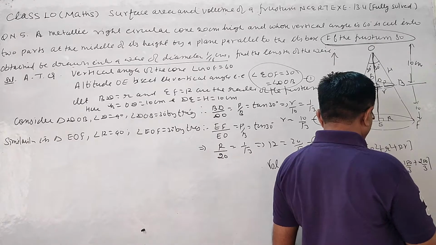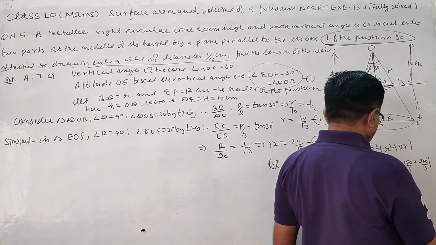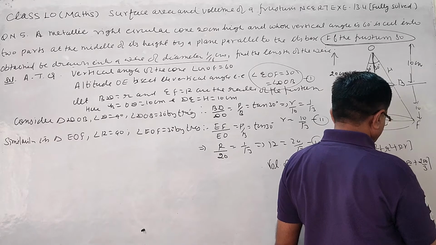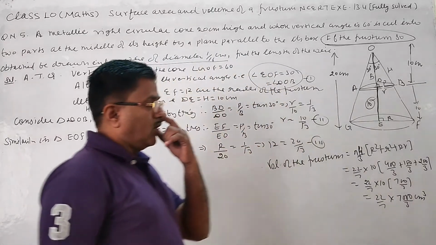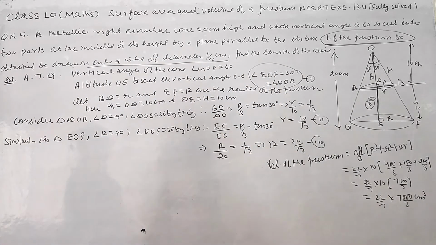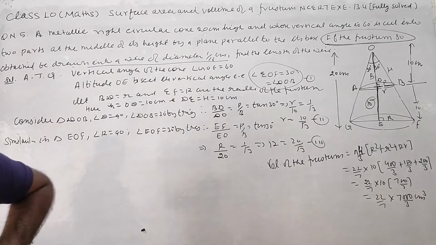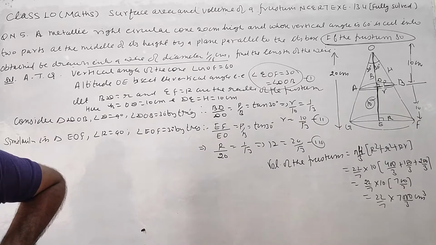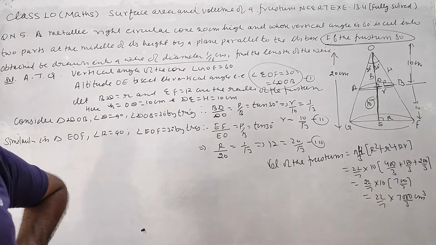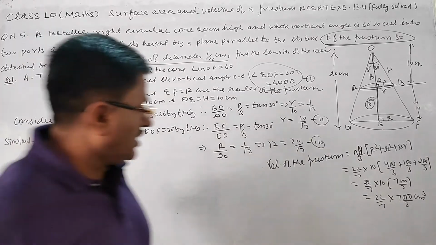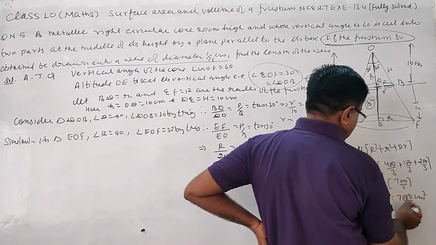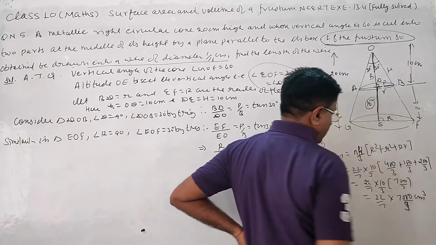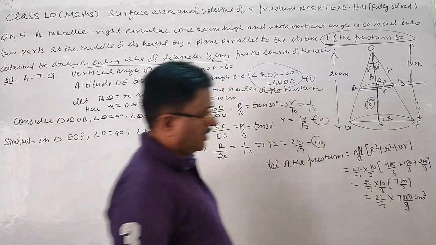So finally what we get is 22 by 7 into 7000 by 9. This is in cubic centimeters; this is the volume. Now this volume we have to convert into the wire. Clear? That will give the answer. One 3 is left, this is 3, so 3 into 3 is 9. This 3 into 3 is 9.